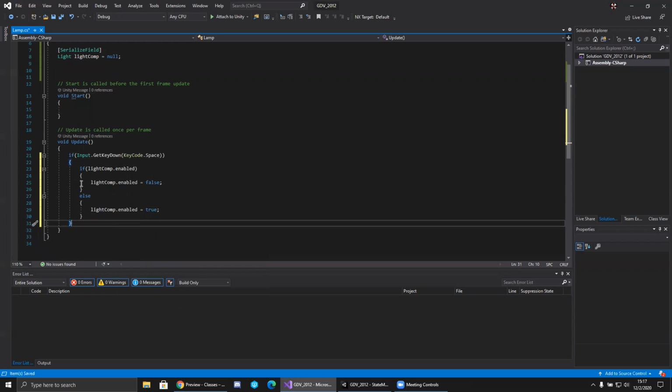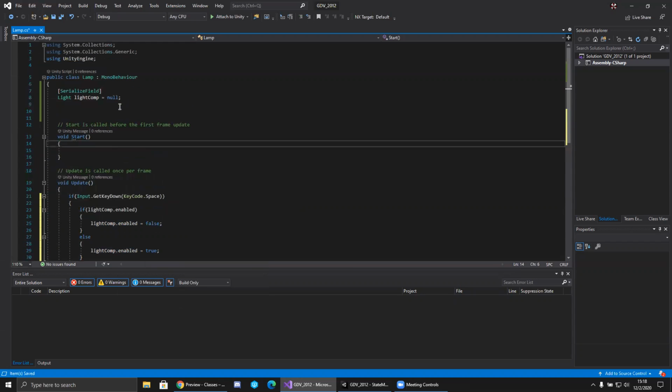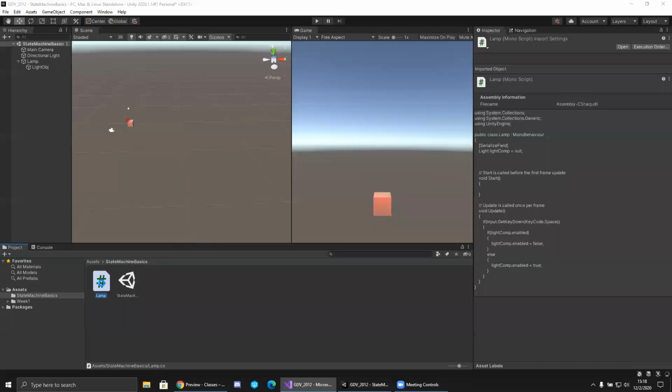And this is a very simple setup, just because we've only got the binary of whether it's on or off. We'll be converting this over to a state machine, and we'll just be using this as a very simple example. We'll go ahead and save this. Make sure to attach the lamp